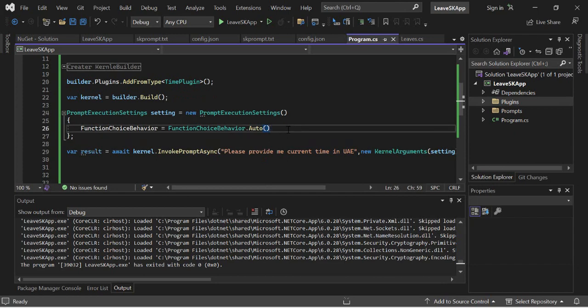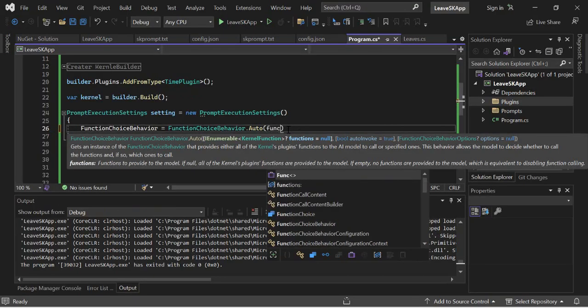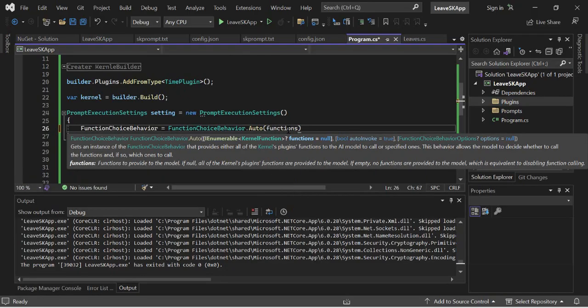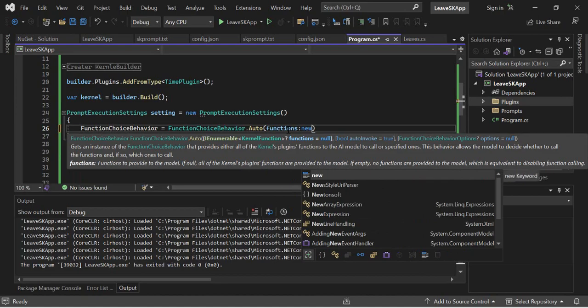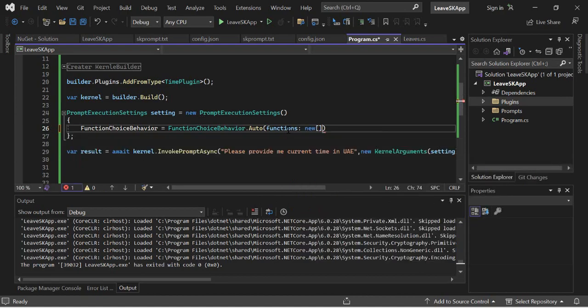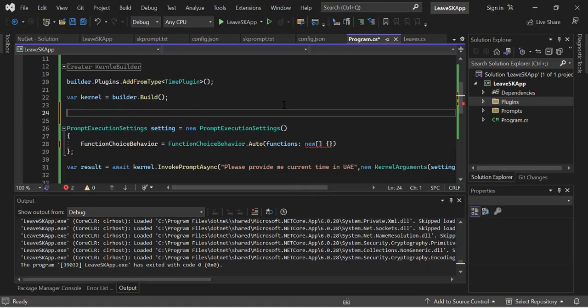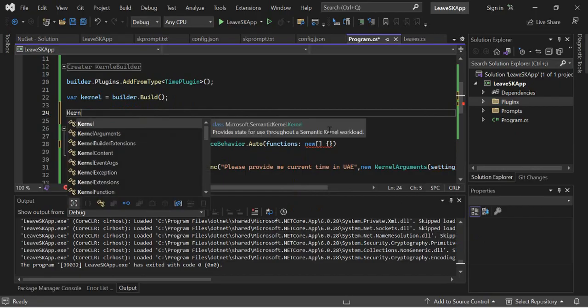And there is another way of doing it, when we want that it should not auto invoke, but should actually look for a specific method. So there we'll be passing our function name. For example, we have these functions, and over here we'll be creating our function name. Before that, we have to get the function out of our kernel. So for getting that function, we'll say kernel function,